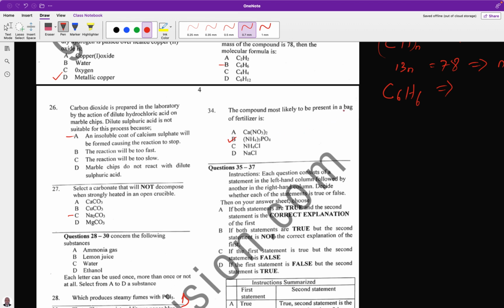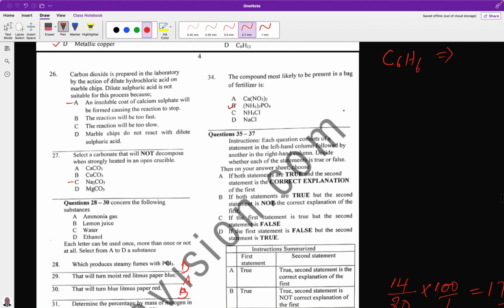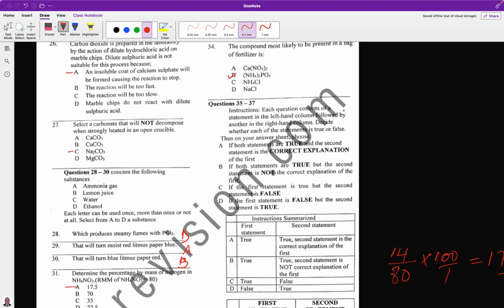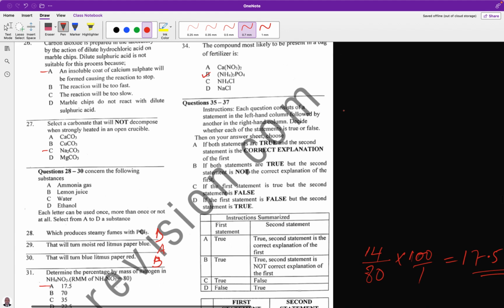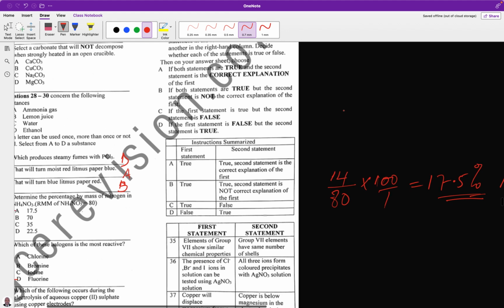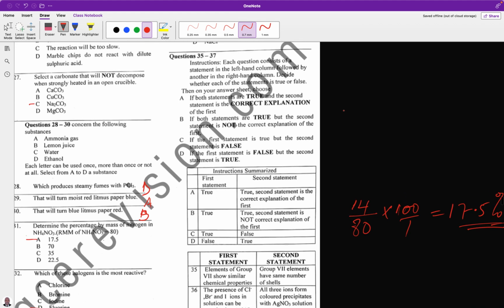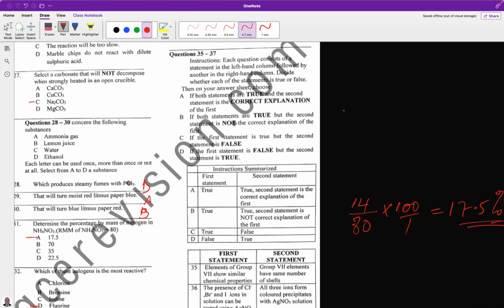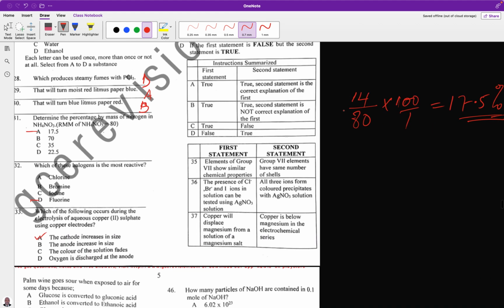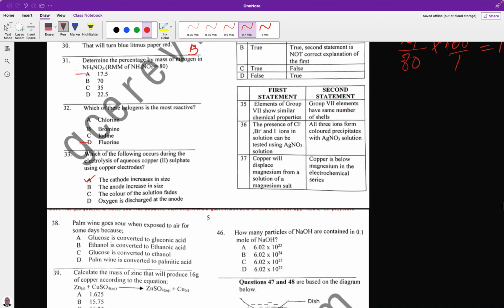For questions 35 to 37, because of time limitation, we will go straight away to question number 38. Question number 38. Palm wine goes sour